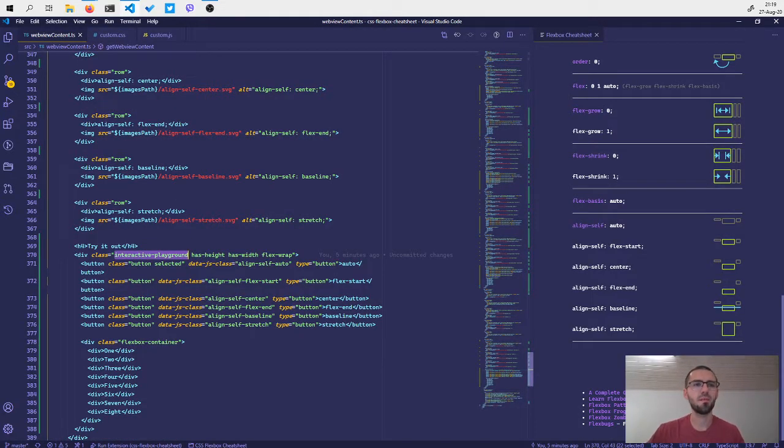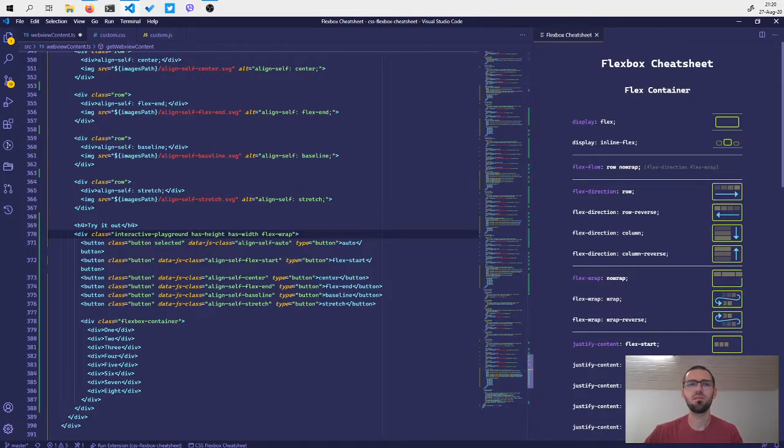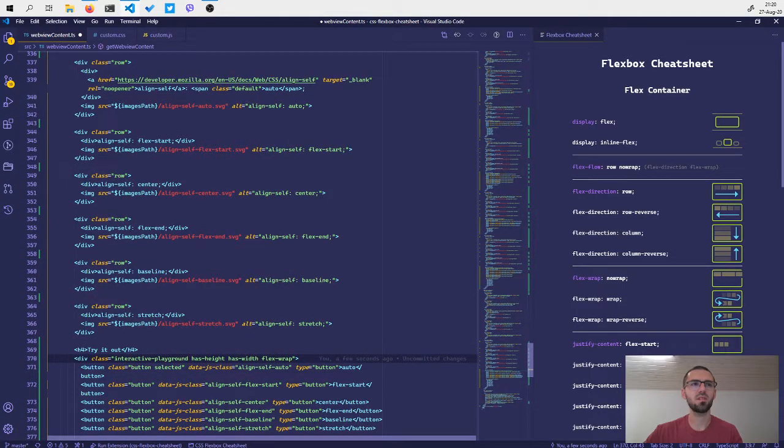Let's see. So if I change this one to interactive playground container, or flex container,